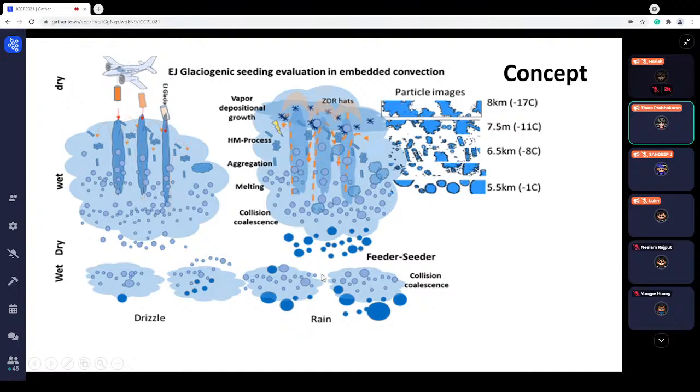So the one aspect I have noticed in the experiment was that whenever we are going, there are large drops already present in some of these shallow clouds. So how do they really form? Where do they come from? Basically they are very thin, shallow clouds, but we see very large drops in most of the cloud penetrations there. This could be a mechanism which is indeed contributing to that, and